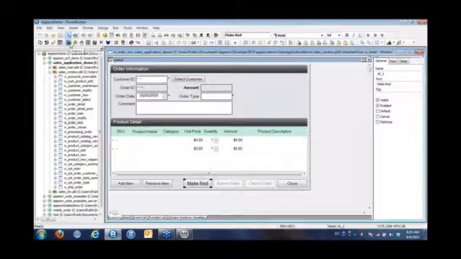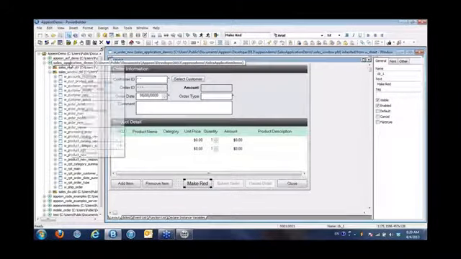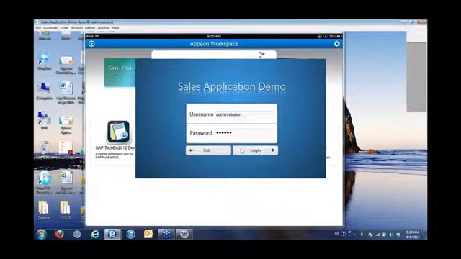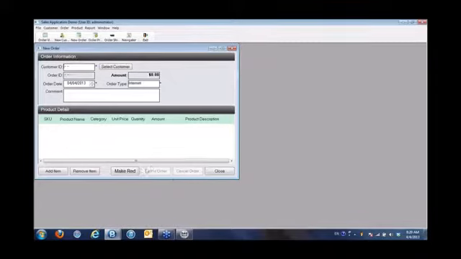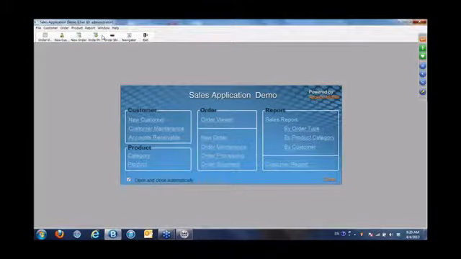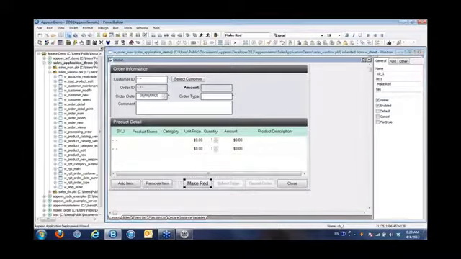So I've made that change. I'm going to run it in PowerBuilder to make sure it works. We log in, open the new order window. There's exactly where I put the button in the painter, and when I click it, it makes the screen red. Excellent. So we'll go ahead and deploy this out. I click the deploy button,